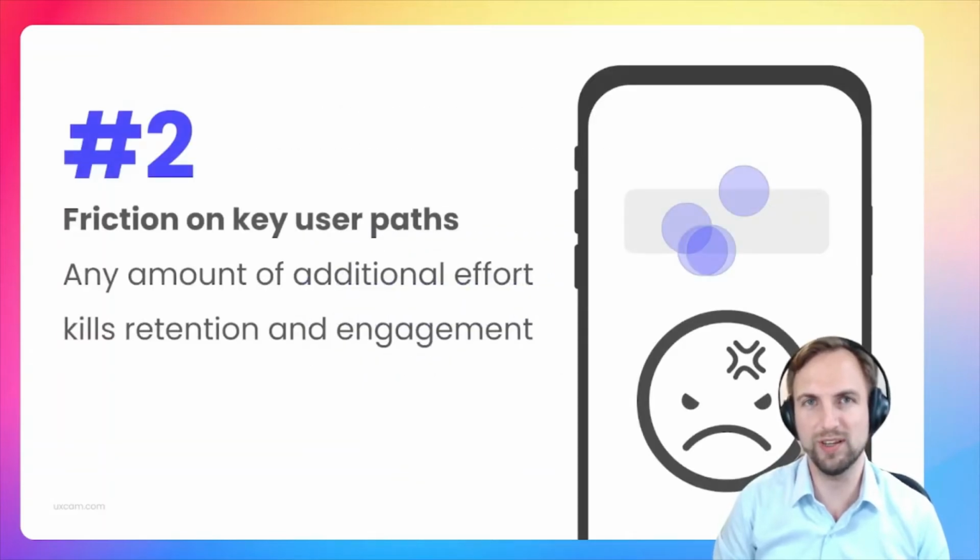to conversion killer number 2. Now, friction on key user paths. Your users are likely to take particular paths within your app. They engage with it all the time. And any kind of friction that they discover on that key user path is going to be really annoying for them, especially if you have to redo it over and over. So this kills your conversions